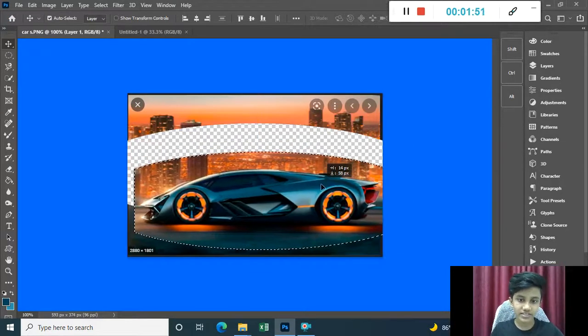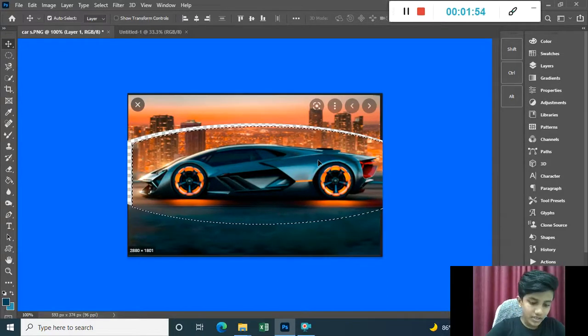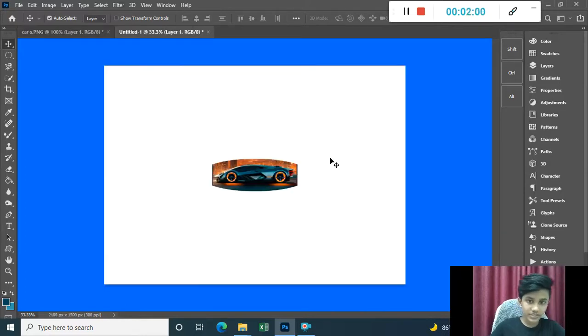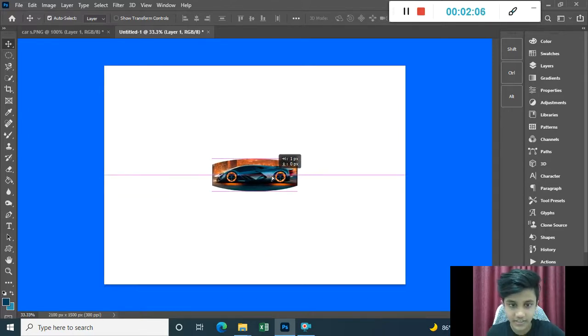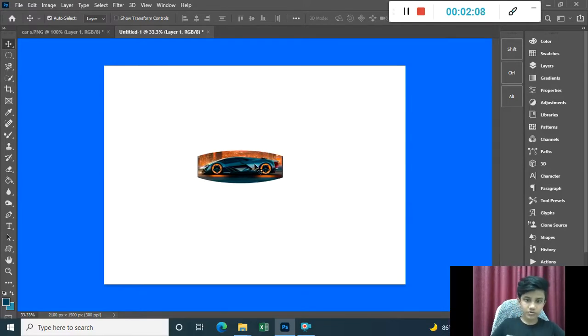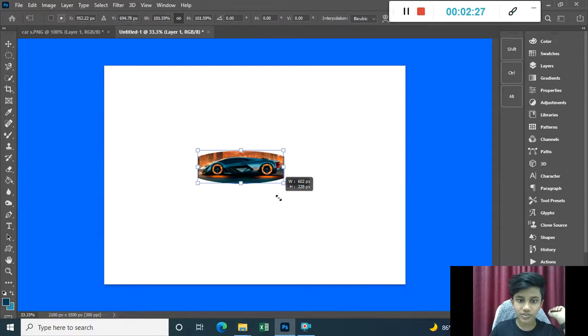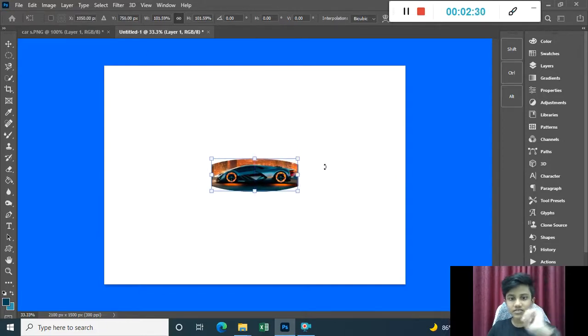Now I have selected this area. Now I'm gonna click on Ctrl C and Ctrl V. This size is perfect, and if you want to make this bigger, you can click on Ctrl T, which I have told in the first episode. Let's Ctrl T to transform. Can make this bigger, smaller. This size is enough for me. So we can click on